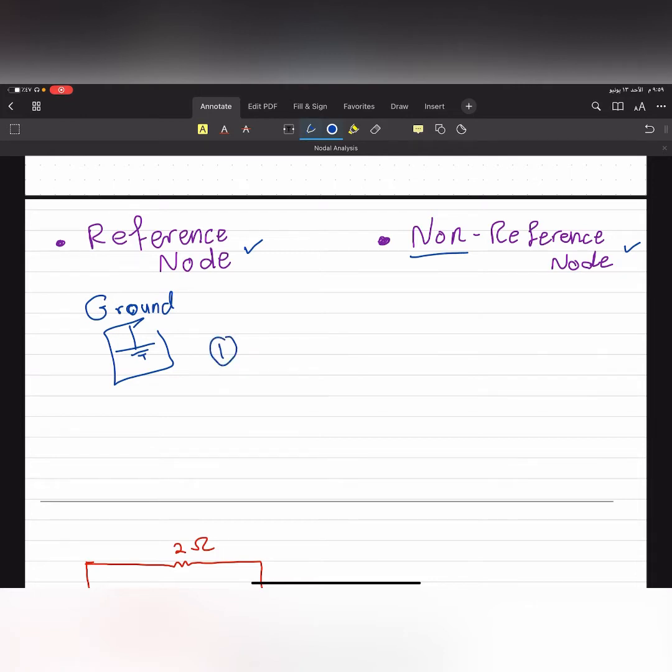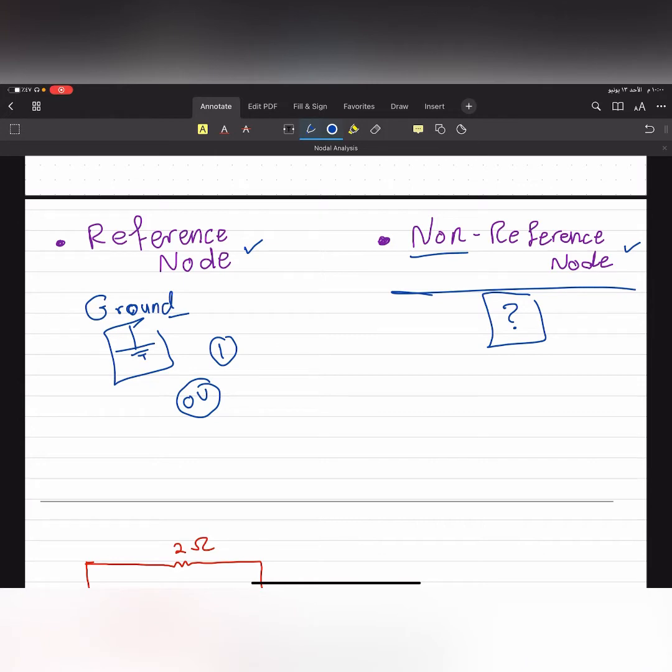And the voltage at the ground, by convention, we say is 0 volts, okay? The voltages at the non-reference nodes, we put as unknowns. So when I give you a circuit and I ask you to find the voltages at the nodes, you don't have to find the voltage at the ground because it's 0. It's already found by convention. So you will have to find the voltages at these non-reference nodes, and we will find that very easily